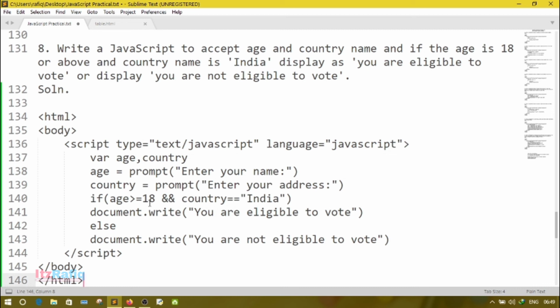For that reason I am using the AND operator. Here we can use multiple if-else statements also, but when we can solve the program in one line only, why would we write multiple lines? That's why I am using the AND operator here. After that, document.write, you write the message whatever you want to display, and when any one of the conditions is false, it will display the else part, meaning you are not eligible to vote.